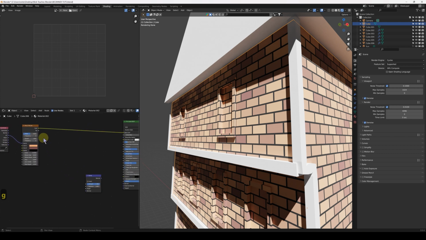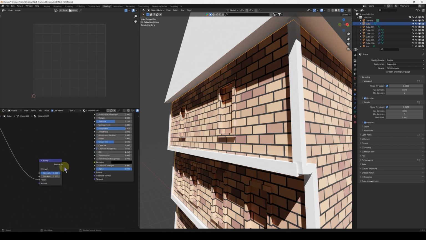So what we can do is we can take the factor from the brick texture and we put it into the height input of the bump. And then if we connect this normal, again because it's purple, from this normal to that normal, you'll see,